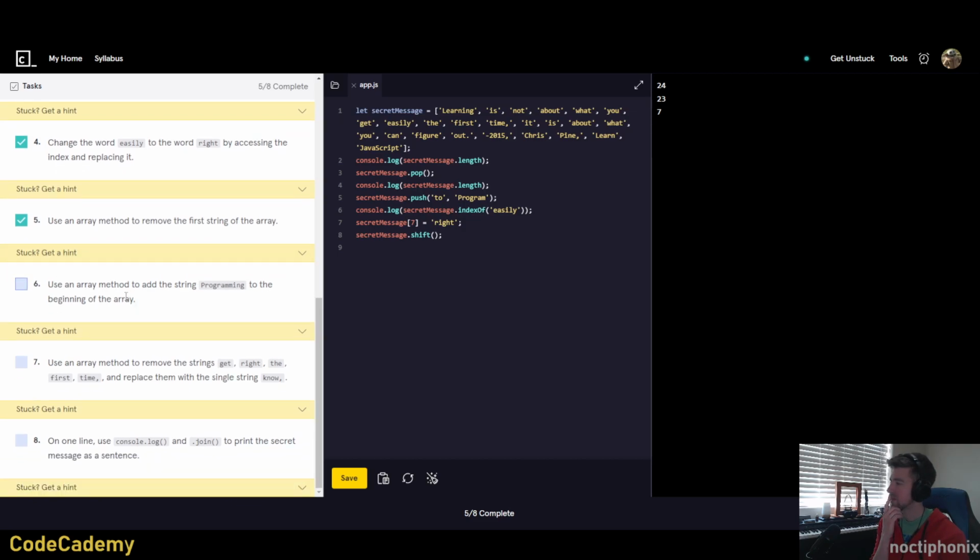Use an array method to add the string programming to the beginning of the array. So this is unshift, right? So secret message dot unshift. Okay. Use an array method to remove the strings get right the first time and replace them with the single